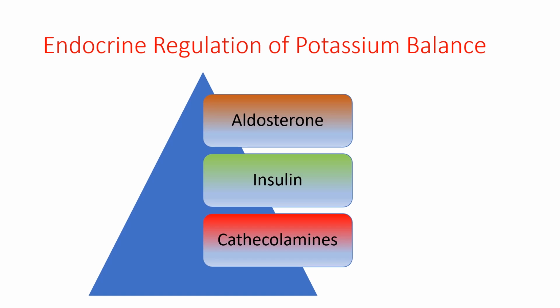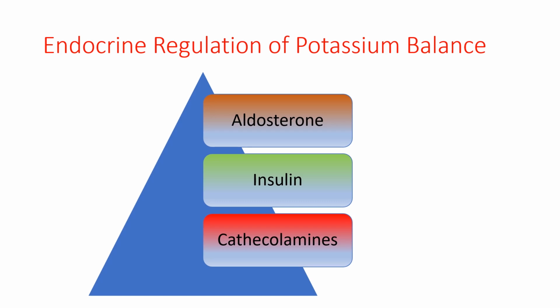Catecholamines are able to stimulate beta-adrenergic receptors, which can activate sodium-potassium ATPase, which will drive potassium into the cell and sodium in the opposite direction. In addition, catecholamines can also stimulate both insulin and aldosterone, which will eventually lead to increased potassium uptake by the cell and renal excretion of potassium, eventually leading to hypokalemia. Lastly, catecholamines can cause a shift in potassium from the extracellular into the intracellular space, also causing hypokalemia.